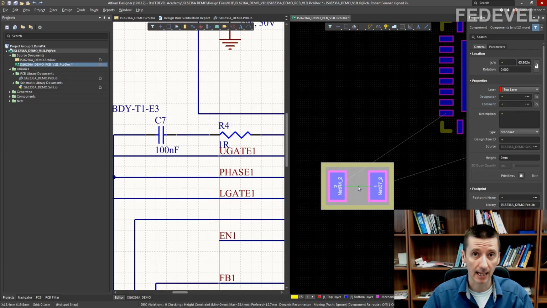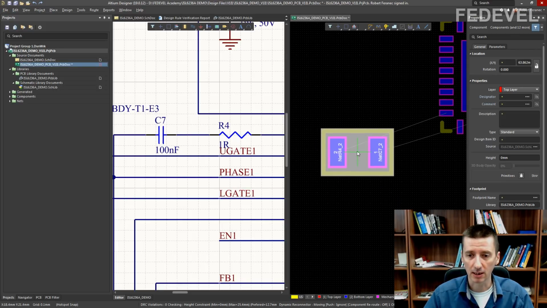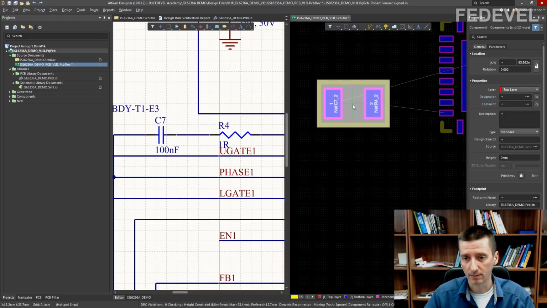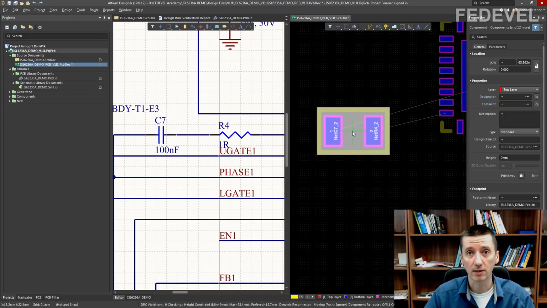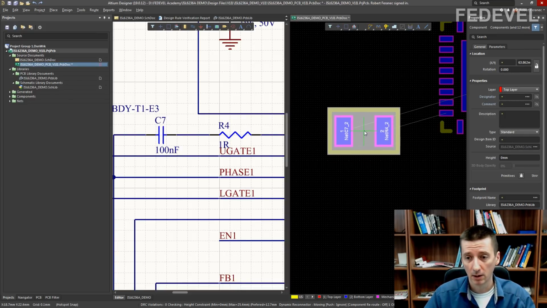Okay, these are the lines showing you what paths need to be connected together, and it will be maybe much easier if we rotate the resistor. So press spacebar to rotate. Now it will be easier to draw the layout. Okay, so always watch the connections because you may want to rotate the components for easier layout.